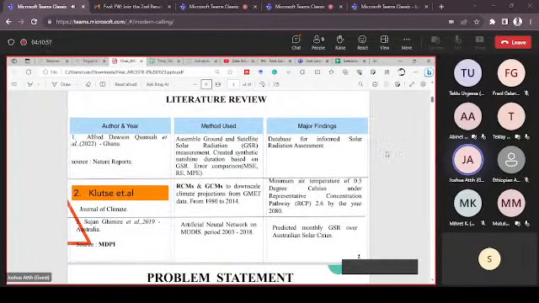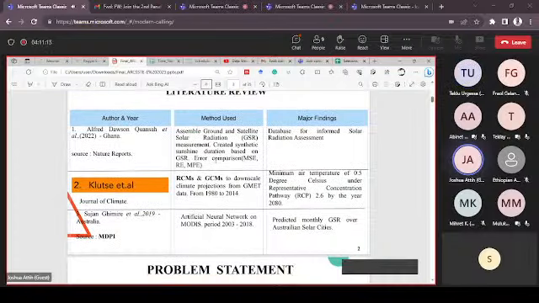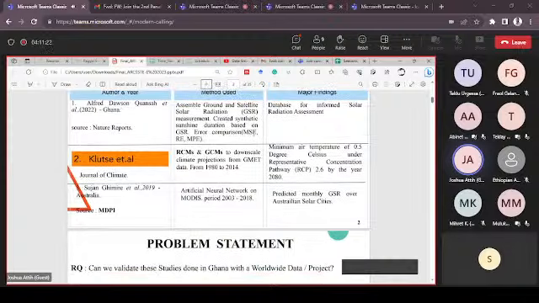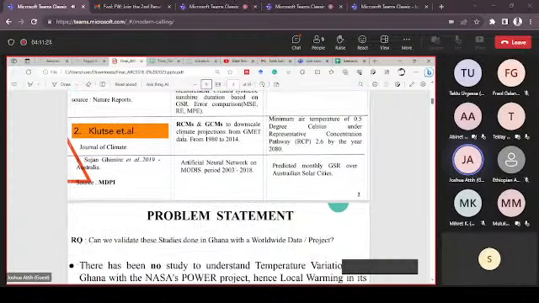To begin the work, I had to look at some of the research that has been done in this area, especially looking at the data sets we'll be using. In terms of the prediction of world energy resource data, I looked at one piece of research that used the POWER data for assessing solar cities in Ghana, and then they were able to create a database for informed solar radiation assessment. And my former supervisor, who is now the vice chair of the IPCC, contributed to this